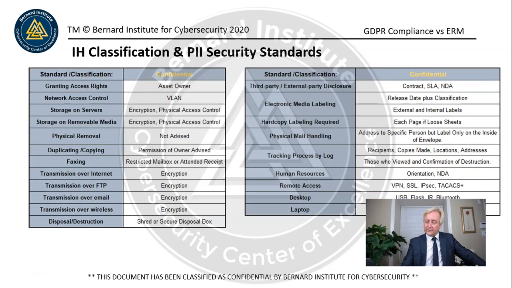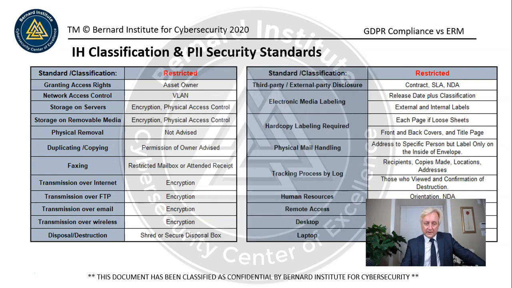Confidential information, a little bit different. So confidential, we need to run our business, but might not be allowed to be shared with an external party. So we have a number of different levels of security controls that we apply in this. These are all baked into the organization, but the purpose of information handling is so that we have a mechanism of instructing employees, especially the front office employees that might not understand the technical aspects, but they need to know what needs to be applied if they're handling a particular type of information. And this could be associated, again, with their RBAC, with their roles and responsibility or their job description.